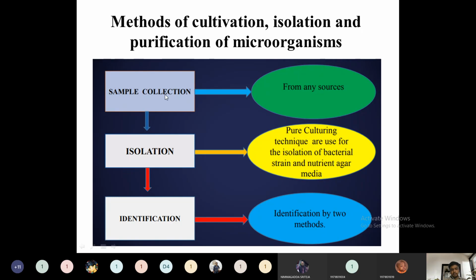There will be microorganisms staying as single colonial cells, or they may be in many types of colonies. Colonies are nothing but a society type, whatever they are remaining in a colonial form or in a single cell form. So we have to first choose what type of microorganisms we want, and from which source we want those microorganisms.